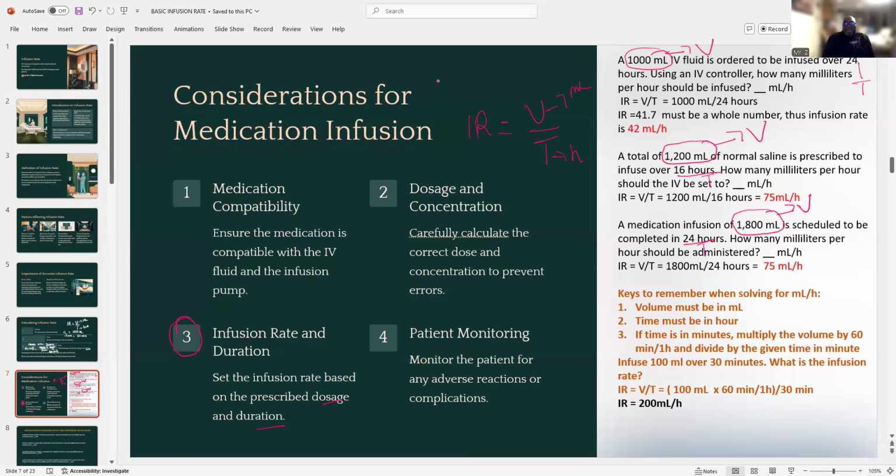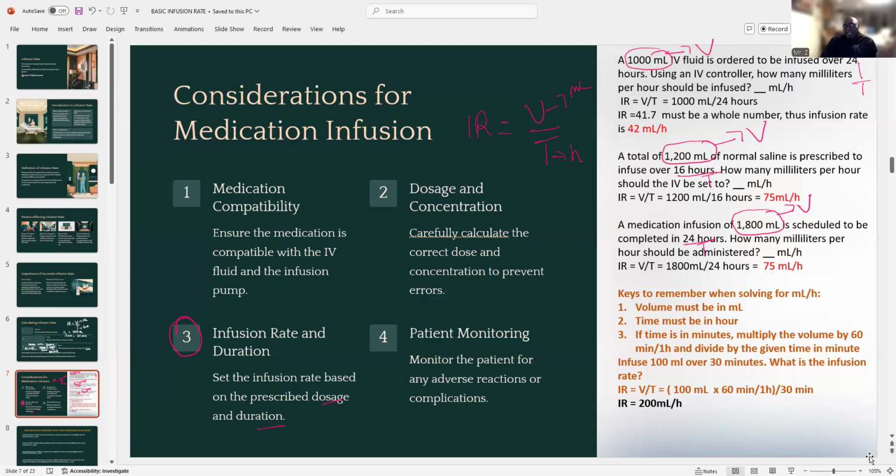So key to remember when solving for milliliter per hour. We talk about that. Your volume must be in milliliter. Your time must be in hours. All right. If time is in minutes, multiply the volume by 60 minutes over 1 hour, like we showed you earlier, and divide by the given time in minutes. Example,